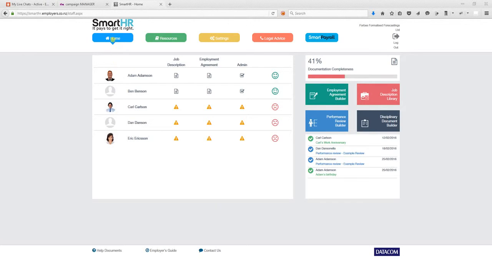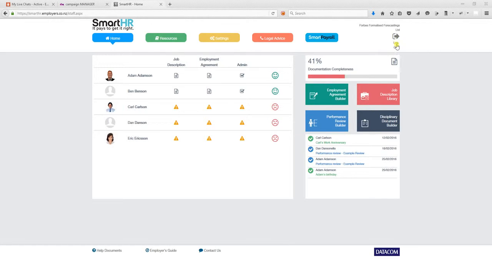So along the top you've got your navigation buttons for the app. We'll go over each of those in turn. On the right hand end you've got your Smart Payroll button which takes the user back to their Smart Payroll account. We'll demonstrate that in a second. You've also got your brief company information and facility to log out should they wish. It is a session-based product, exactly the same as Smart Payroll. If the user does nothing, it'll eventually time out and effectively be logged out anyway, but it's good practice to get